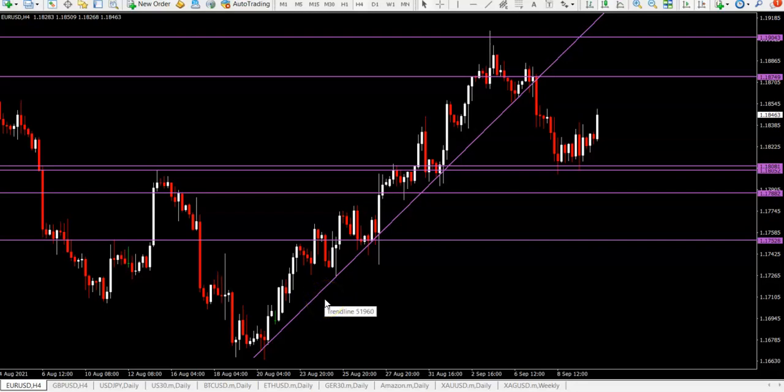So first of all, euro dollar. Last week we were looking at the potential break of this support trend line and trend channel because of the strong resistance zone indicated by 119 and 118.75. And as you can see, price rejected in that resistance zone, broke through the support trend line and made it down to the support area we indicated here around 117.50, 118, and price is bouncing at the first support zone